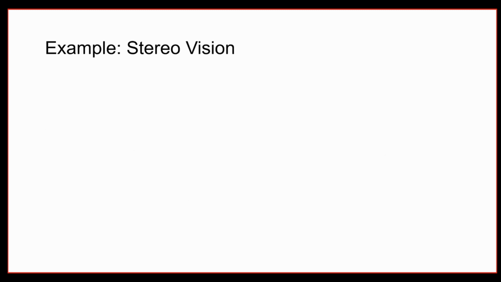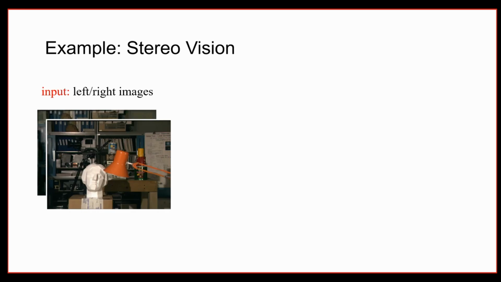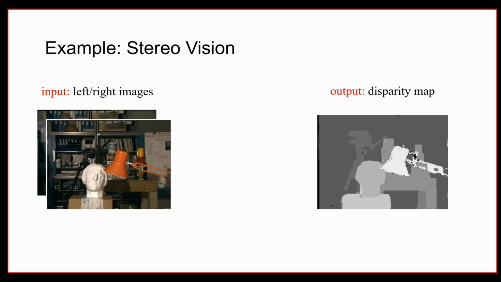The particular computer vision application we'll be looking at is called stereo vision. In stereo vision, you are given two 2D images. You can think of it like a phone with two cameras: one image is captured by one camera, and the other is the image captured by the other camera. These two images are very similar to each other, but slightly different. And using these differences, you can compute something called a disparity map.